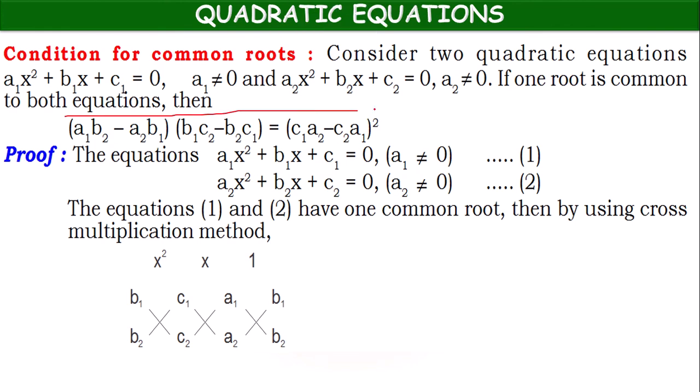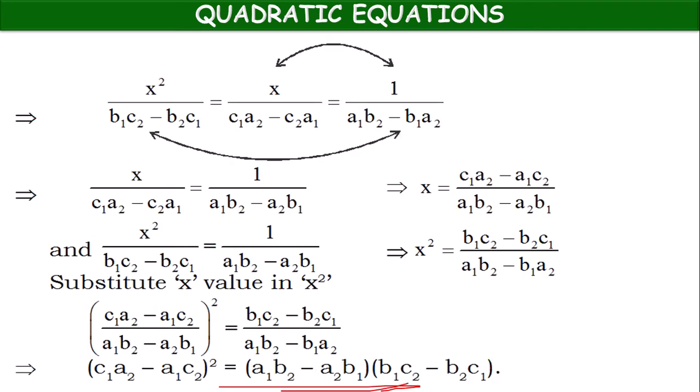So this is the condition, children, for one common root. If this condition is satisfied, we can tell that both the quadratic equations will be having one common root. Next,